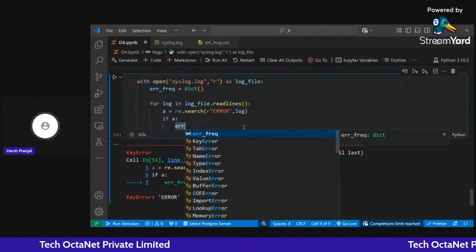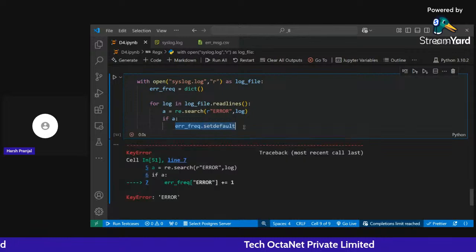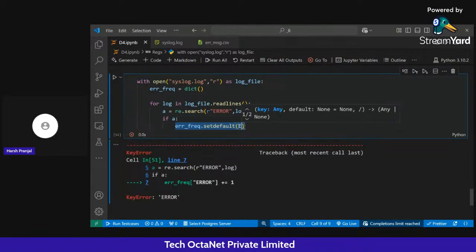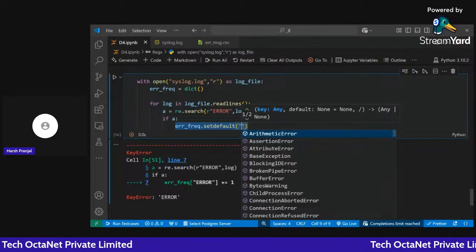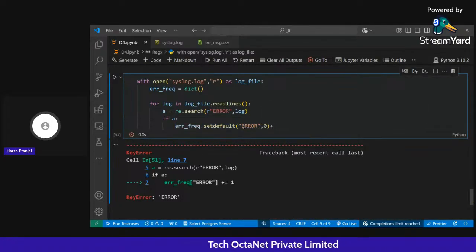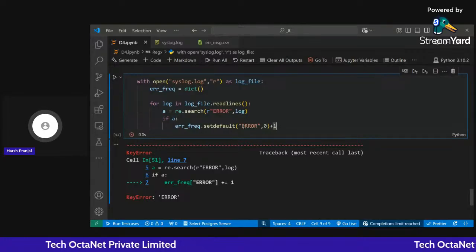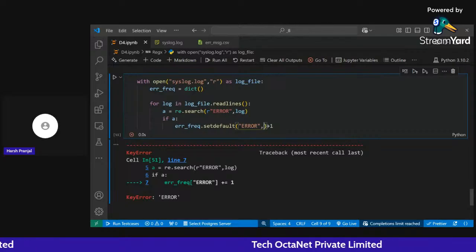My error frequency dot setdefault error comma 0 plus 1. Okay, now this is a setdefault, so if error is not present there, then it will insert the error. Otherwise,